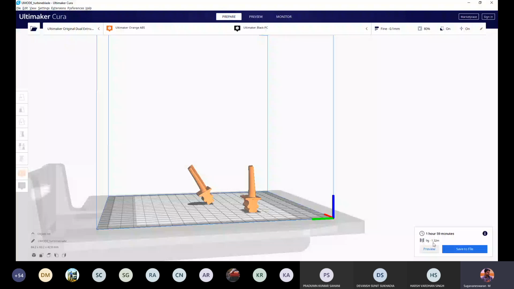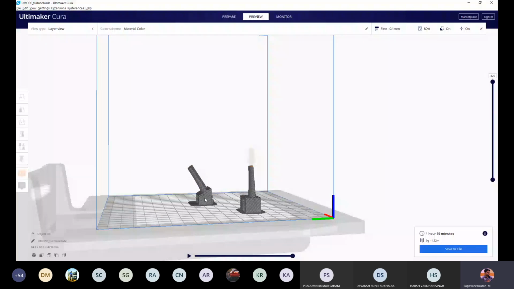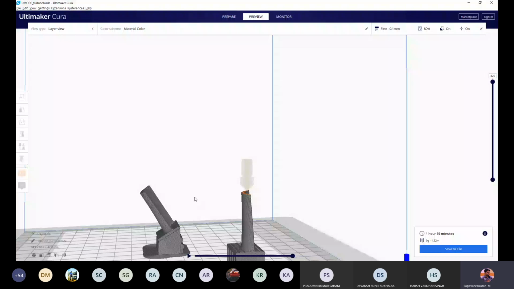In the previous setup, both models were in a vertical direction. Now you can see the preview. So now you can see the support structure requirement. As per the orientation, in the previous case, the support structure required might be less. In this case, since I have done an inclination, the support structure requirement as well as the shape of the support structure will also vary. So in this case, the entire model is surrounded by support structure. You can see the closer view. If you drag the slice, you can see the support.